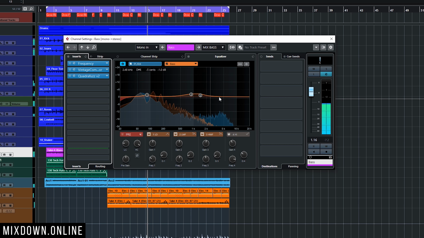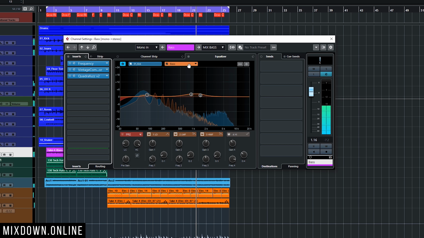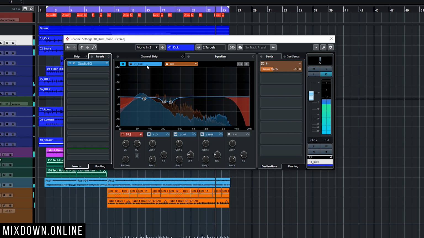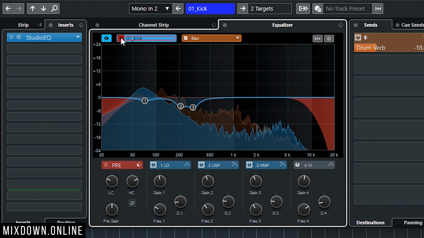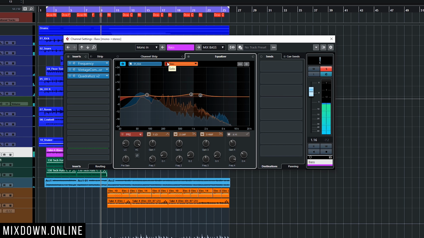So we can adjust our EQ settings right away and then jump back to the reference channel, in our case, the kick drum, and do the same. And at the same time, we see in the background the other track's EQ curve, which is very practical. And we can also solo a channel if you want to by clicking on the solo icon right here. And that will solo the actual kick channel in this case. And if we go and select the bass one, we can solo that one also, which is pretty practical.